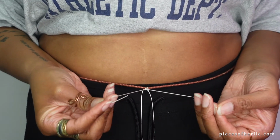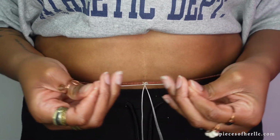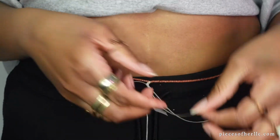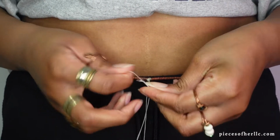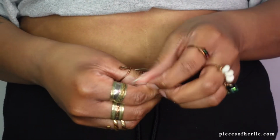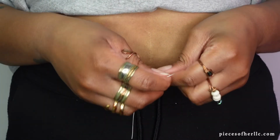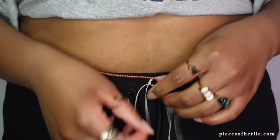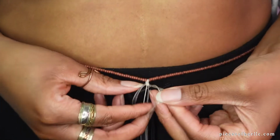So I just take the 2 top strings and I'm going to make a knot out of those. Take one of the top strings and the bottom string, so it's diagonal now, and I'm gonna make a knot there. Then we're gonna grab the 2 bottom strings, just like we did in the beginning where we had the 2 top strings. We're gonna grab the 2 bottom and make a knot. And then you can repeat that process maybe twice and then you should be good to go. And I'm going to repeat that process. Make another knot